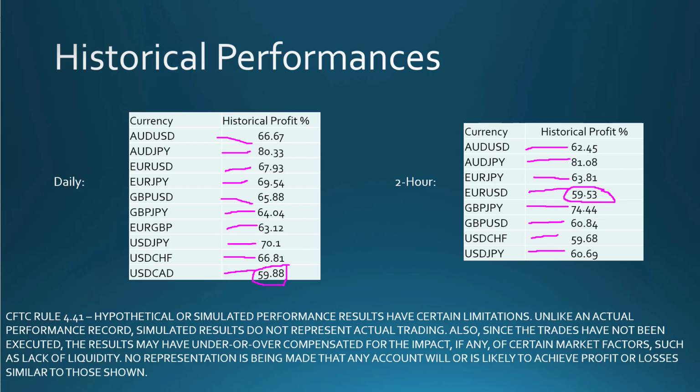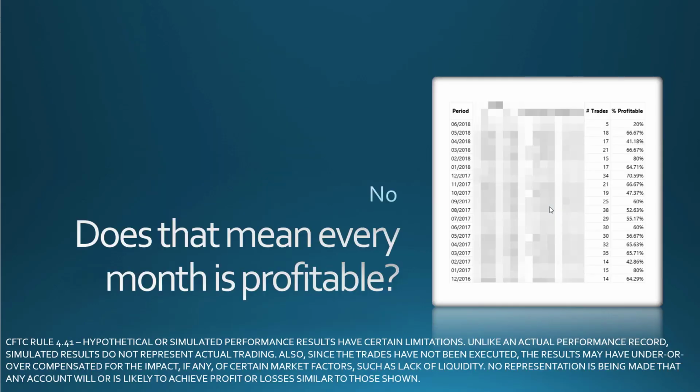Okay? So now let's look at the fact: do you make money every single month? No. And this is what people do not understand when they come into trading binaries. On this particular one, I've marked out the dollars and losses because none of that matters when trading binaries. This is run on the spot Forex market. So for June, profitability has been 20% on this particular currency. In May, it was